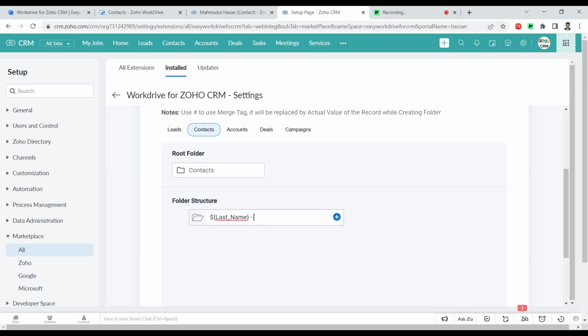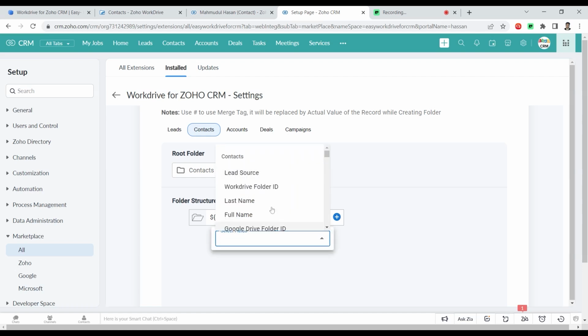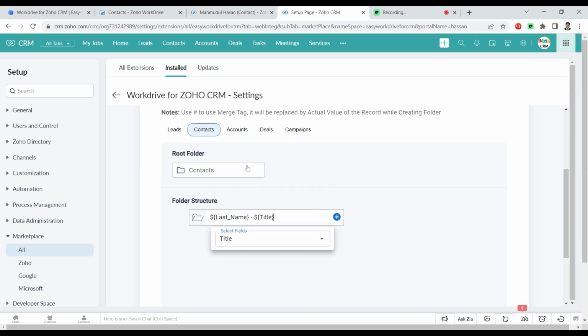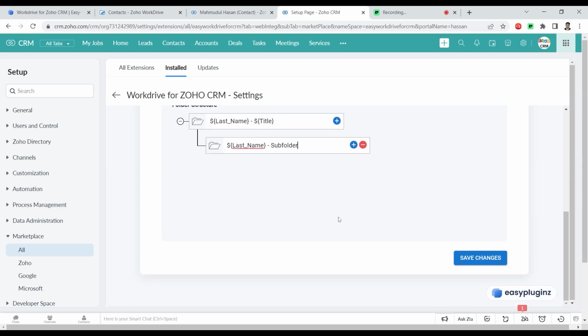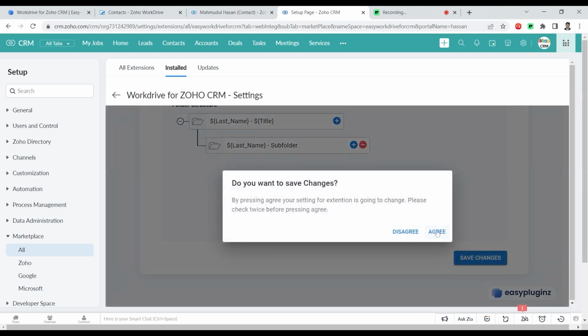You can say hyphen, also another time Shift 3, maybe title. Okay, I can also add a subfolder as well, maybe last name hyphen subfolder. So if I hit save right now,